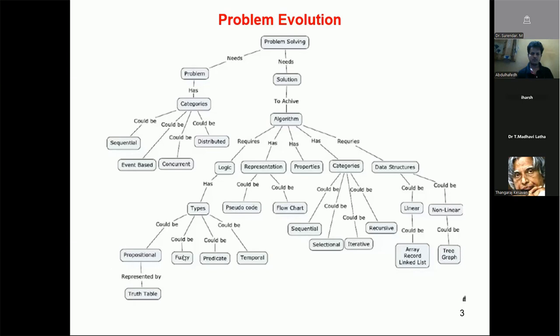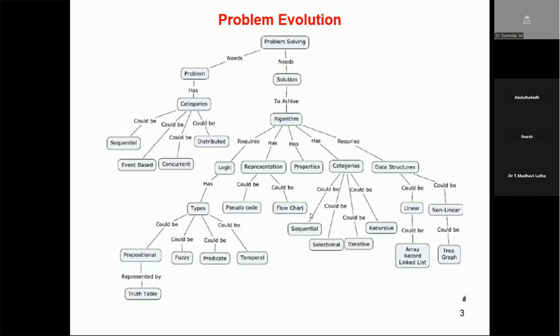So there are propositional logic, fuzzy logic, predicate logic, and temporal logic. Again, my question to all the participants: can you tell me, in the entire computer science, which type of logic out of the four listed on this slide is used? Come on fast. Please be responsive. Don't worry, your answer can be wrong, it doesn't matter. Let me see responses in the chat box. Very good, Dr. Nagender ji. It is propositional logic. So everybody should take note that the entire computer science logic is based on propositional logic.